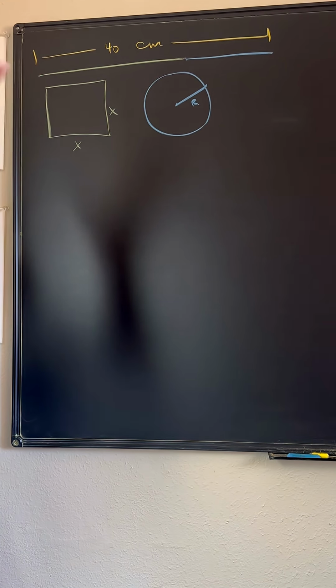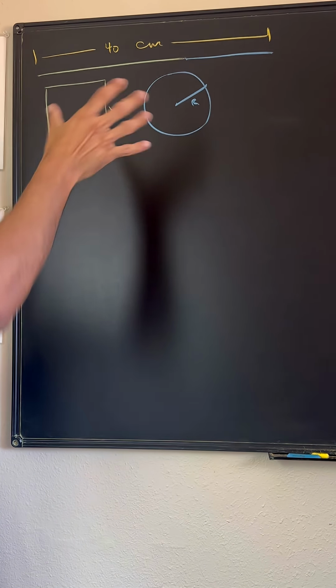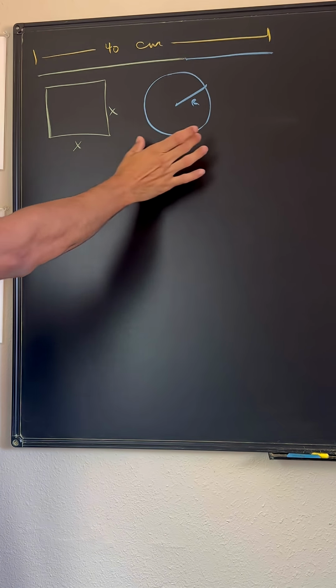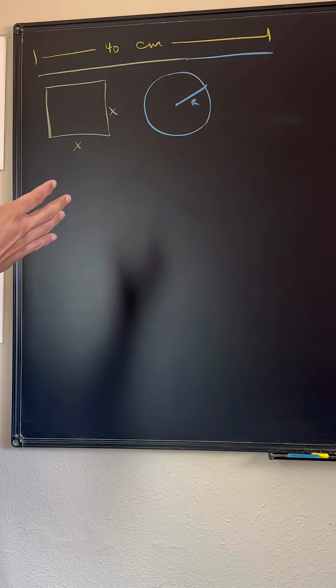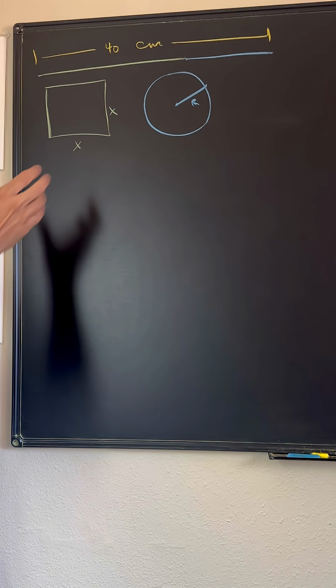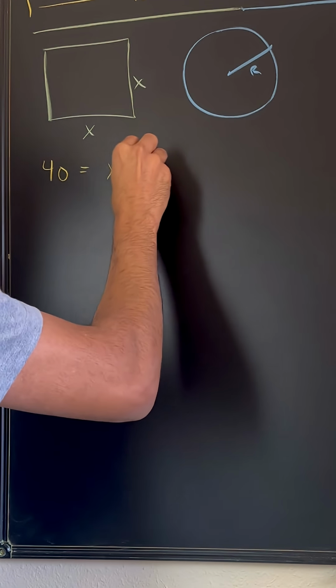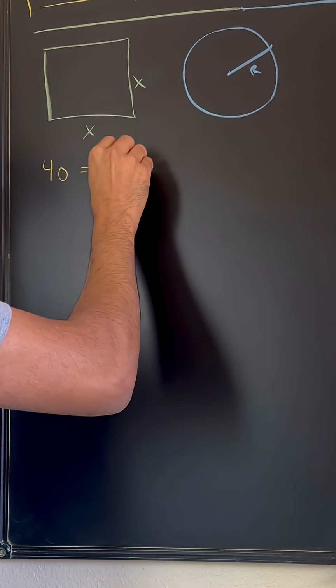So here's the problem visualized. We have the 40 centimeters for the length, and now we have the square and the circle. The 40 centimeters in this case is going to represent the circumference and the perimeter of the square. So we can say that 40 is equal to the sum of the perimeter of the square plus the circumference